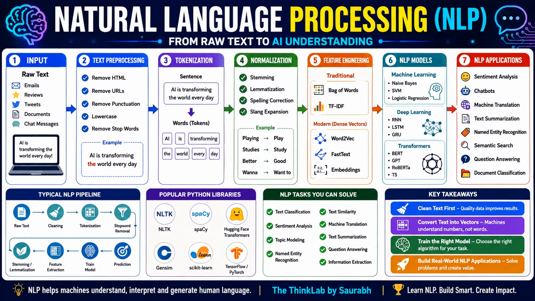To summarize, the concept of the NLP pipeline has several steps. First is data collection. We have to perform text processing: tokenization, normalization. Feature engineering we have to perform. Embedding we have to perform. Then deep learning, transformers, large language models, vector search, retrieval-augmented generation, and AI agents. So this is the complete evolution of natural language processing from rule-based systems to modern generative AI. Understanding these concepts provides a strong foundation for